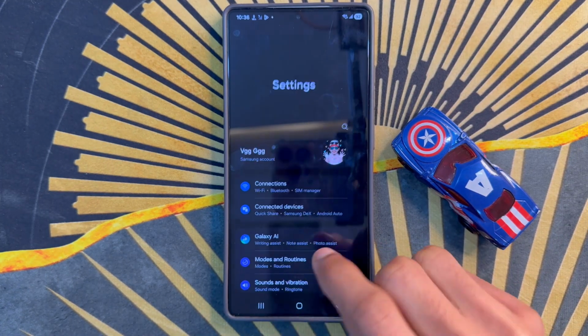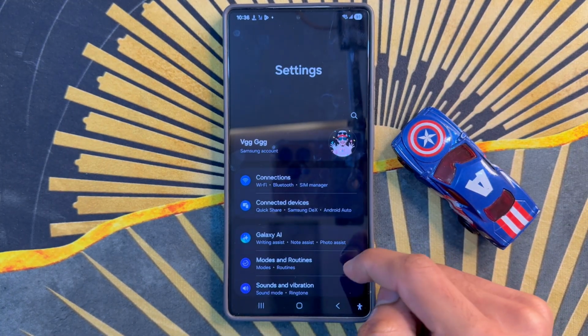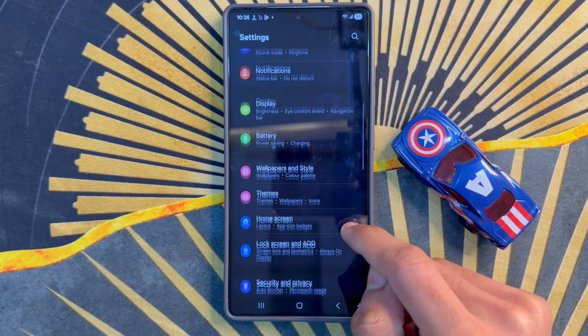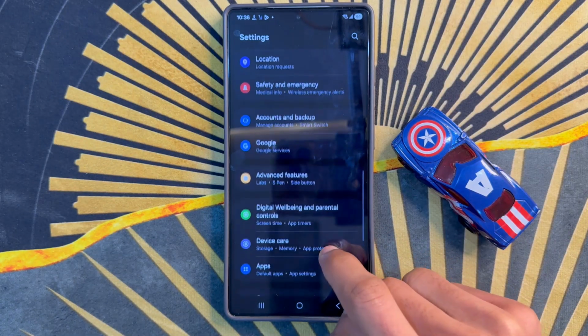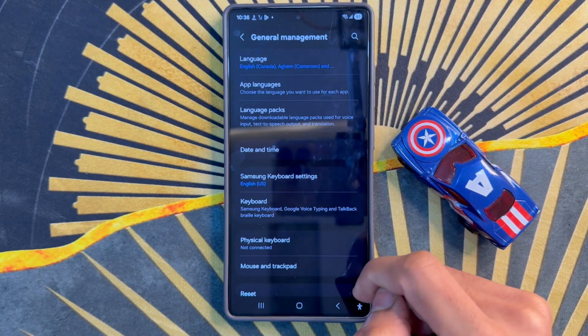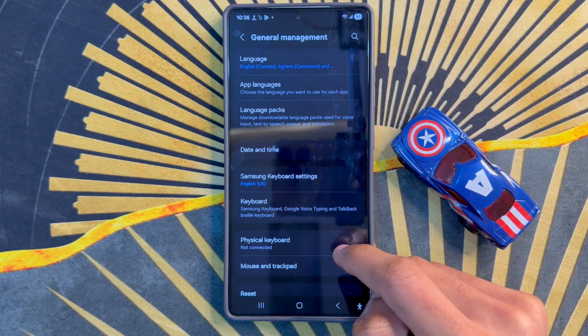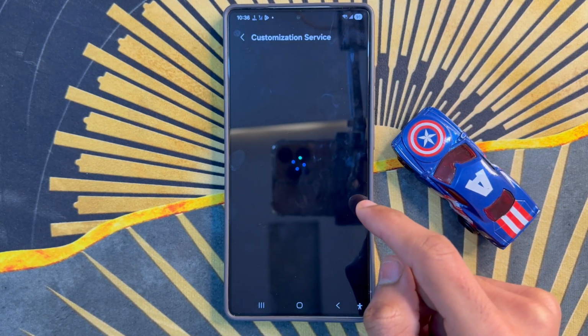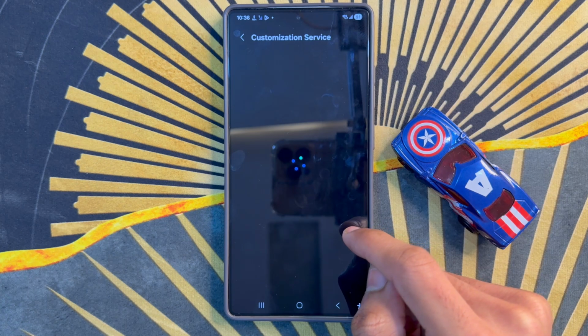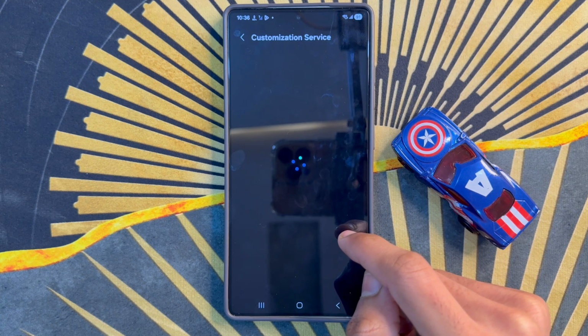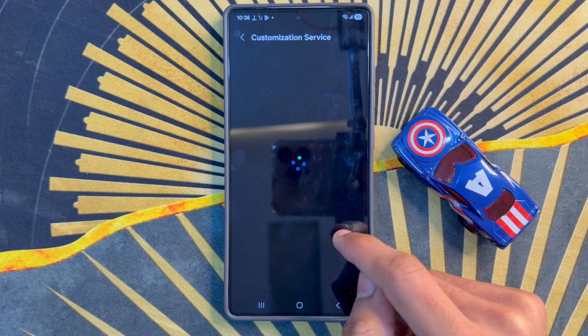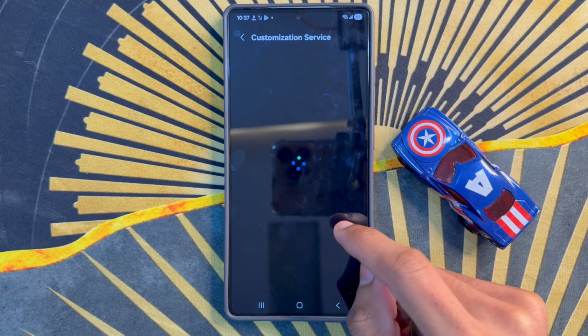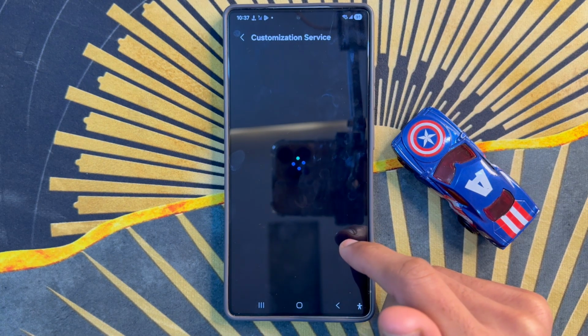Here, click on the Settings app. Now in Settings, scroll down and click on General Management. After clicking on General Management, click on Customization Service. After clicking on Customization Service, you will see after the process